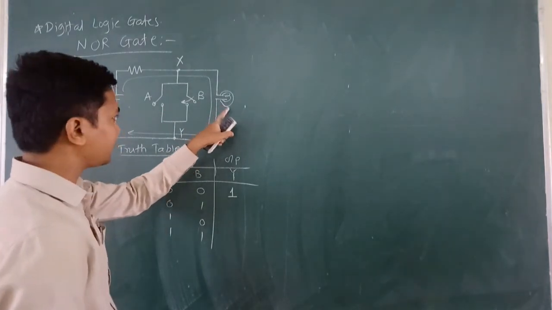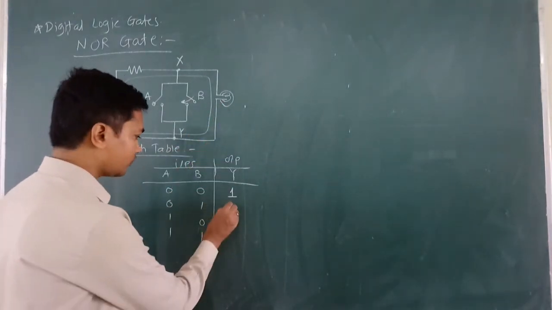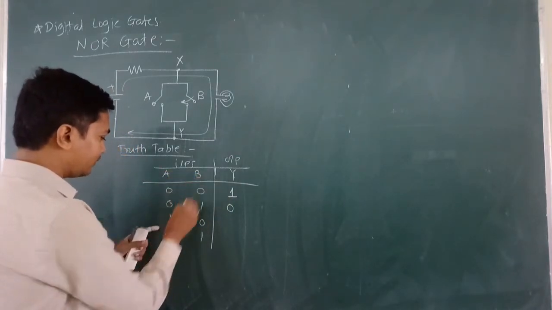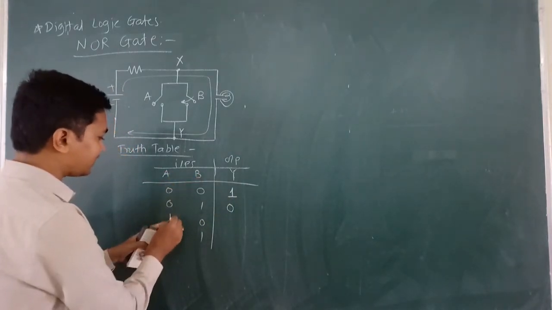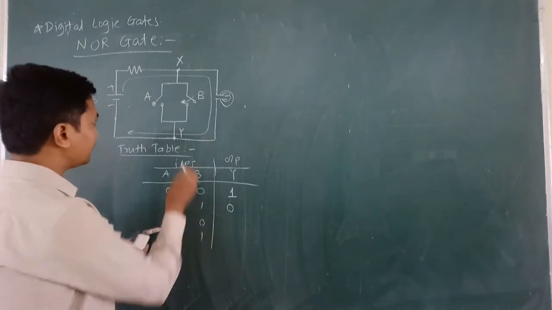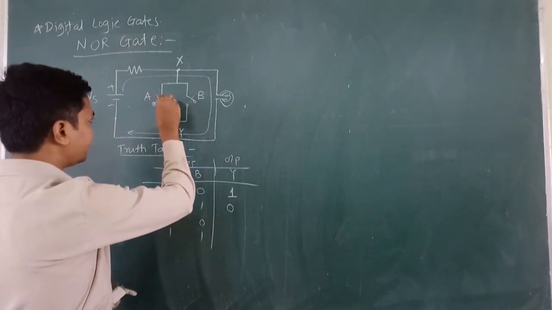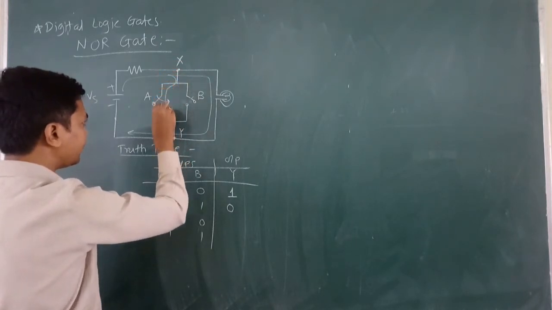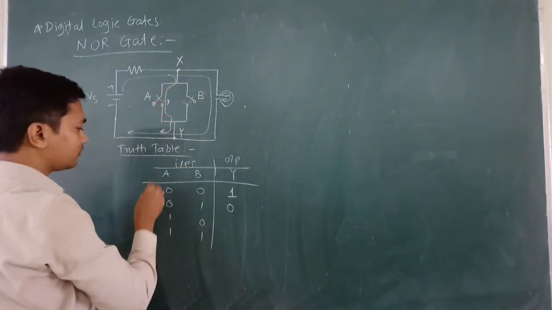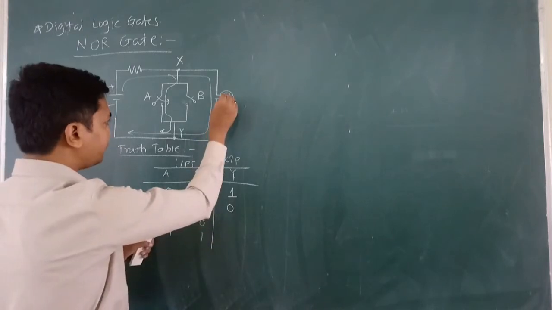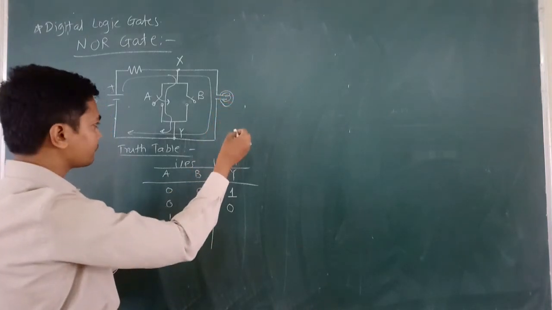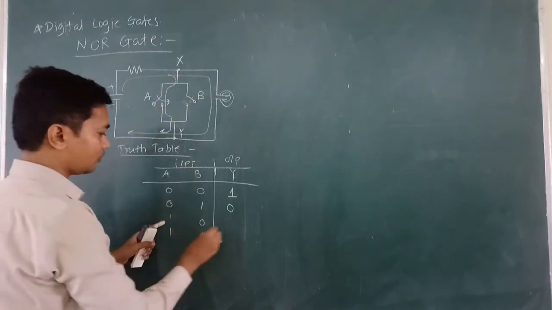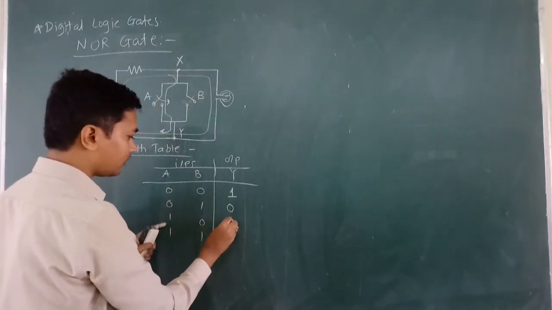Okay, so bulb will remain in off state. So here output will be 0. Now next one, A and B. Switch A is pressed but switch B is not pressed. So here again the XY will be shorted and the current will flow through this A switch like this. So the bulb will not glow and all the total current will flow through the switch A. Okay, so again bulb will remain in off state.